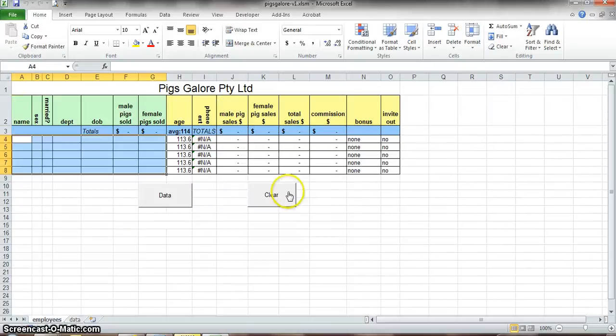It will do the navigation. I need to get my data back again, obviously, because it's got rubbish because I've deleted all those details, but you can see now we've got a macro to do all the work for us. Okay, so that's it for